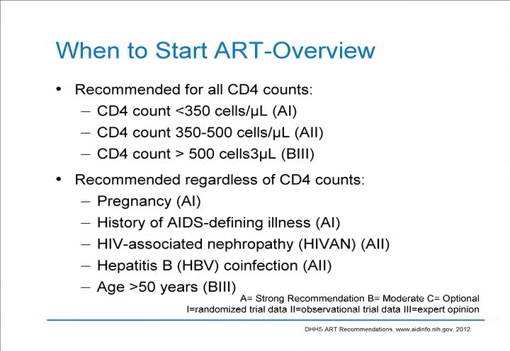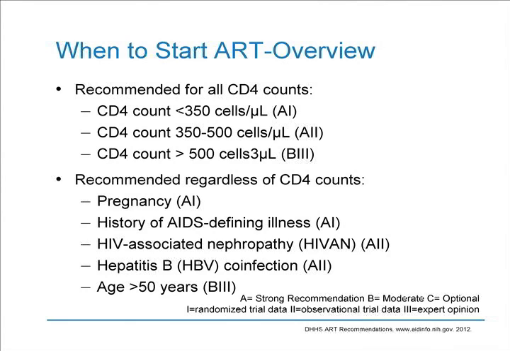The specific level of recommendations for starting therapy by CD4 count are summarized here, with the strength of the recommendation increasing with the lower the CD4 count. So, for example, patients with CD4 counts less than 350, a strong recommendation to treat based on randomized clinical trials. The newer aspect of the recommendations are for those patients with CD4 counts greater than 500. There's a moderate recommendation based on expert opinion,